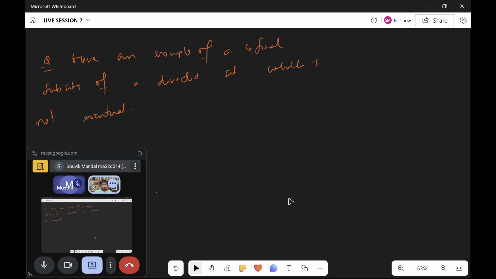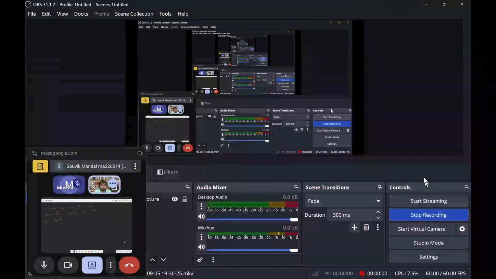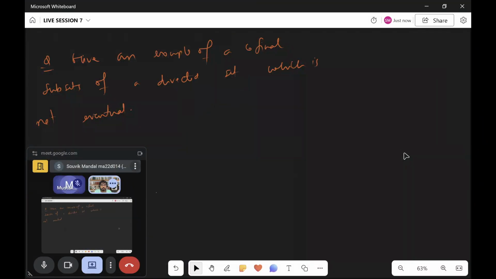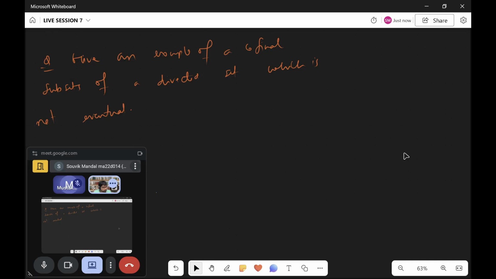So the example is the following. Hold on, please. So the example is following, namely,